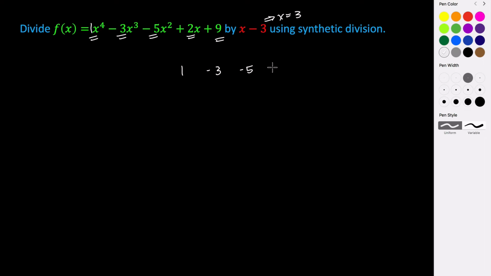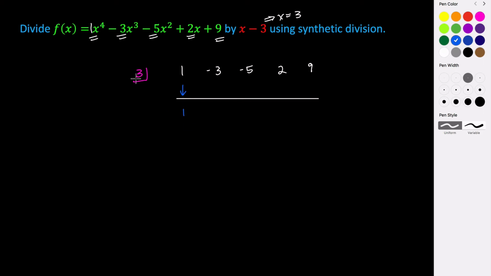Let's give myself a little bit more space here. And then we take the value that makes this potential factor 0, and that's what we're going to use for synthetic division. Now, if you recall, when we're doing synthetic division, what we do is we take the coefficients. So the first one, we bring it down,